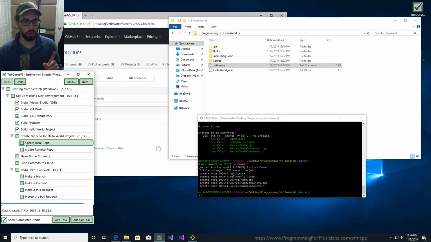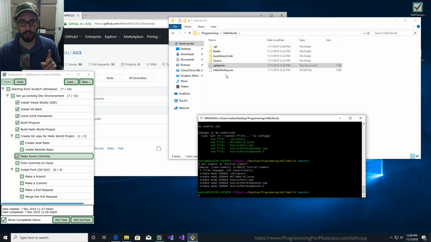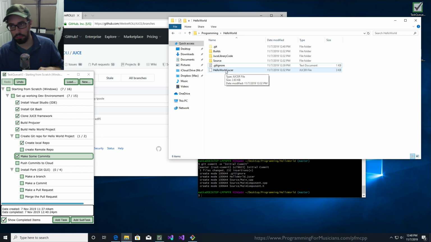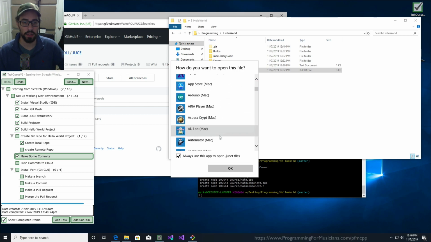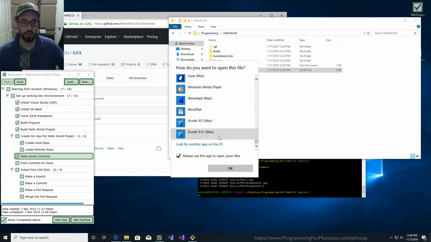So we created our local repository. Let's check that off. And we made a commit. Let's make a change to the source code and make a commit of that just to show this whole process. So HelloWorld.jucer, we're going to open this. Let's see, we want to do more apps and we are going to look for Projucer, look for another app